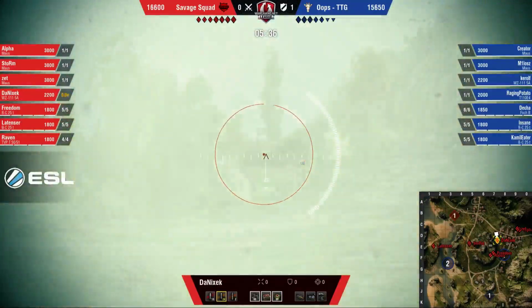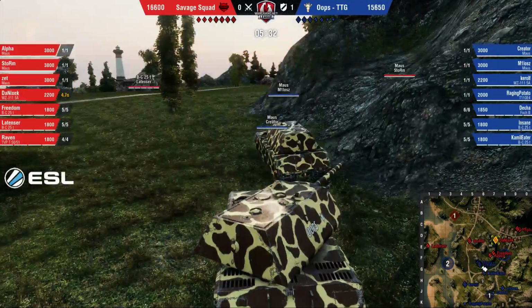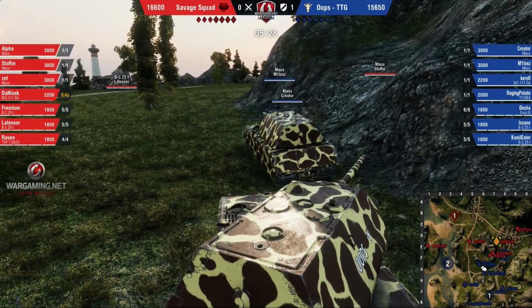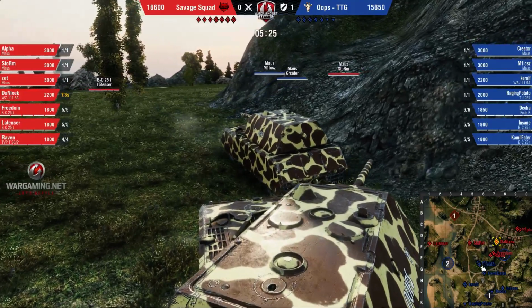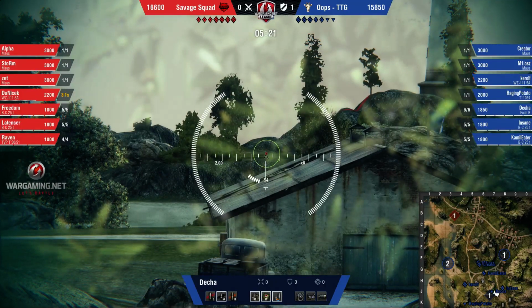And at what time did he make the push though, Daki? Because we're already 5 minutes in and no real challenge here from Savage Squad into Oops. I'd say 4 minutes is like the final time where they have to start going, because if they don't, then they're going to be lacking in the time department,